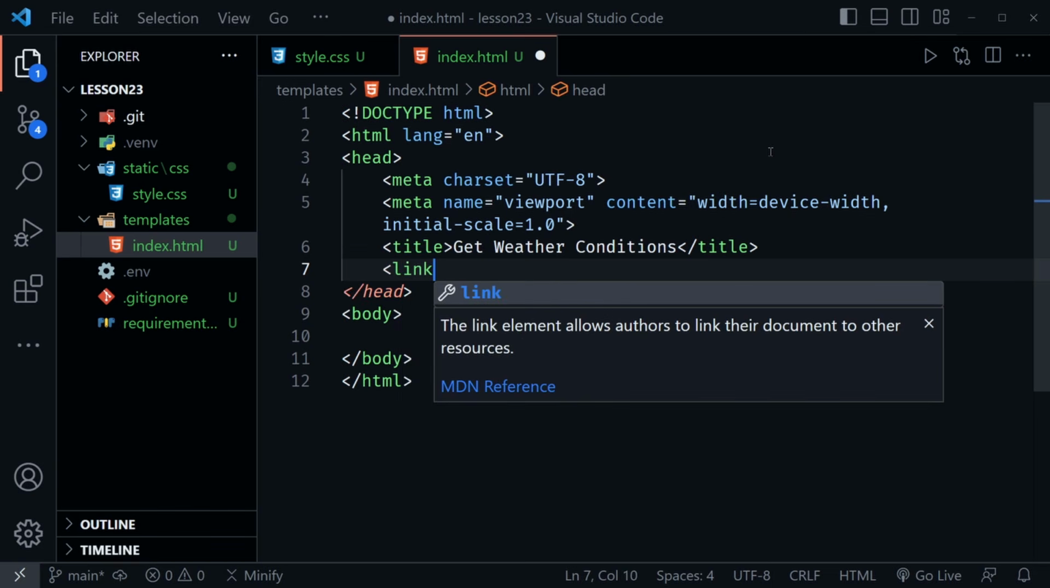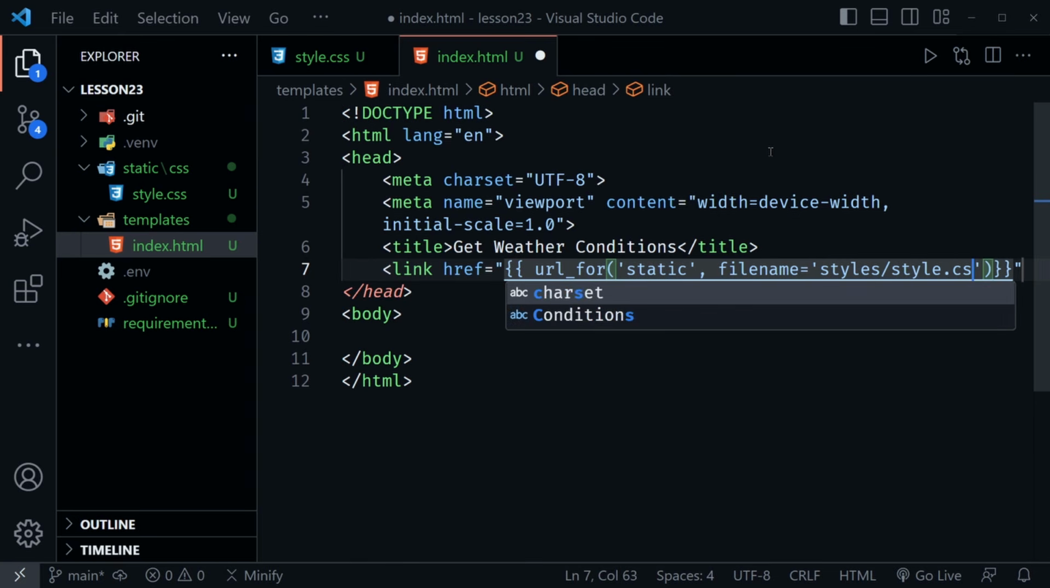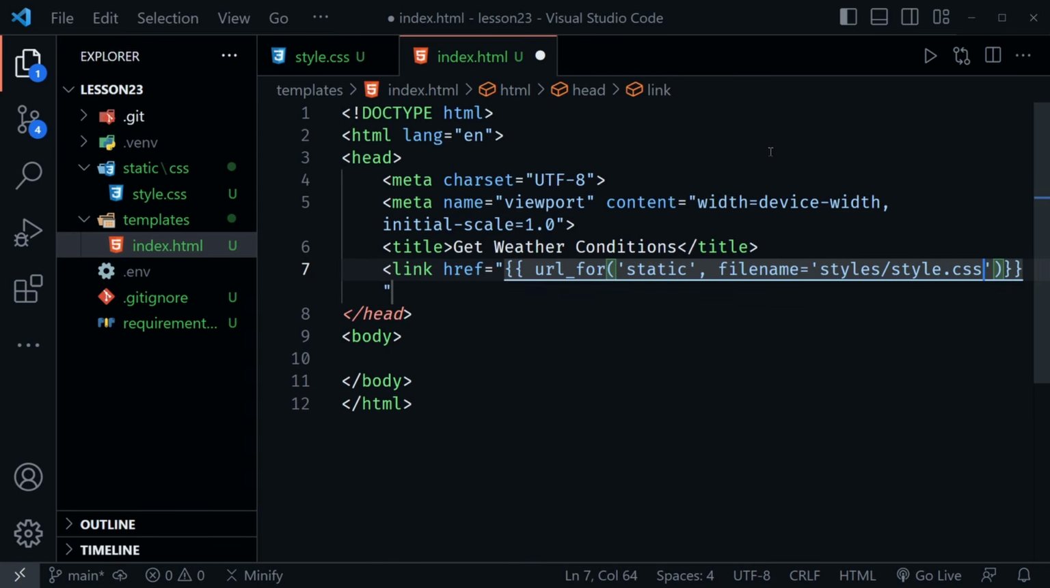So here I'm going to say link, then I'm going to have my href, and now inside of these quotes, I'm going to use two curly braces, and I'm going to say url_for, not form, but for, and then parentheses, then single quotes, the word static, and after that, I'm going to have filename equals, and then I'm going to have another set of single quotes, styles slash style.css. So it is pulling in our CSS, but this is just a little bit different than you may have